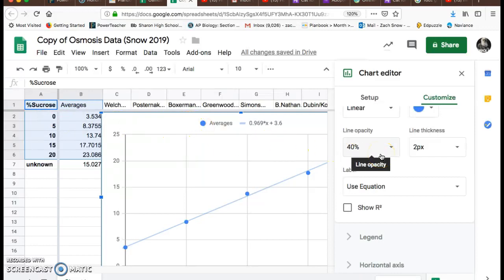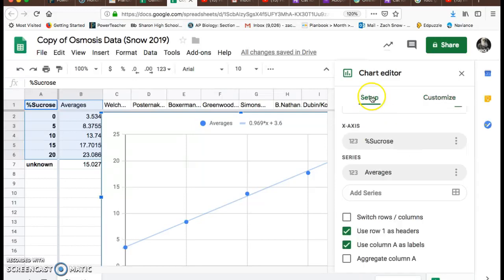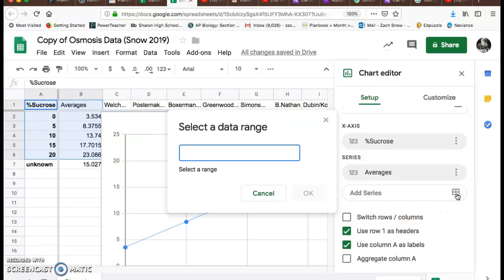Now I just need to do one more thing, which is graph my own data alongside this other one. So I'm going to go back to setup. So click setup right here. Then I'm going to add a series, meaning I want to add another set of points here. So click on add series. And this is where I'm going to find